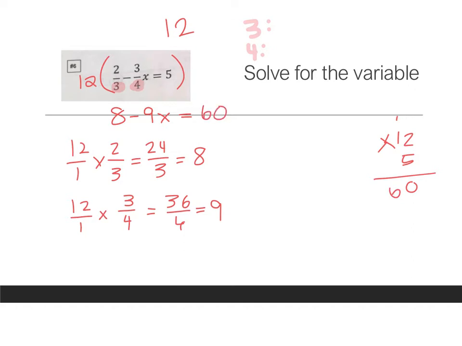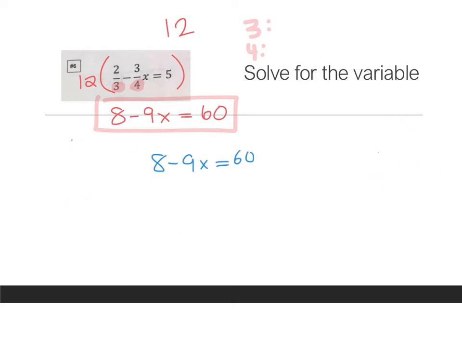So now I've got an equation here that is a lot easier to look at, a lot easier to work with, and my fractions are gone. So I'm going to erase my work and rewrite my problem nice and neat. All right, so this is just a basic two-step problem. I'm going to start with subtracting 8 on both sides. I'm going to have to borrow